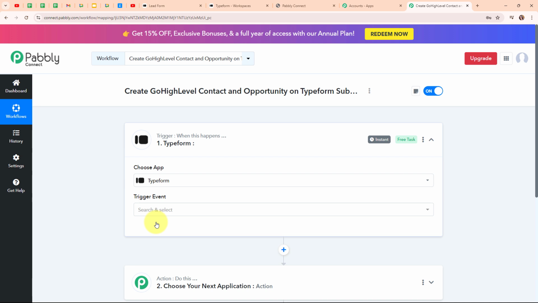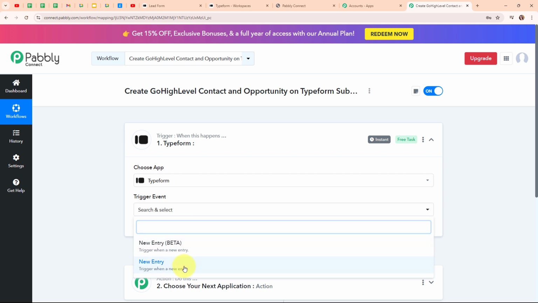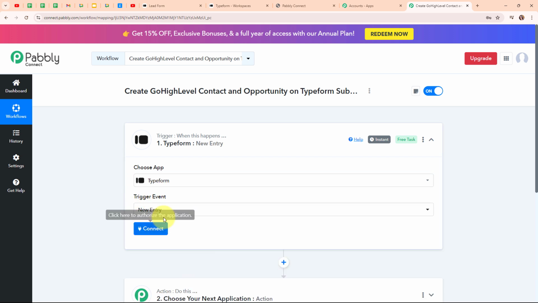Plus, it integrates easily with other apps to keep everything organized. So here in my Typeform trigger step, I'm going to select my trigger event as new entry, so that whenever I receive a new entry in my Typeform, Pabbly Connect is going to capture the response. Or you can say that whenever I receive a new entry in my Typeform, this entire workflow is going to be